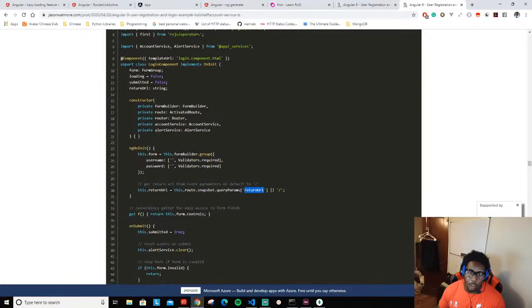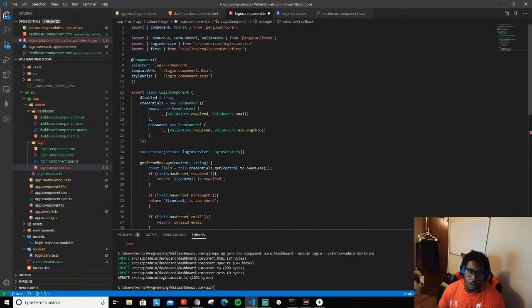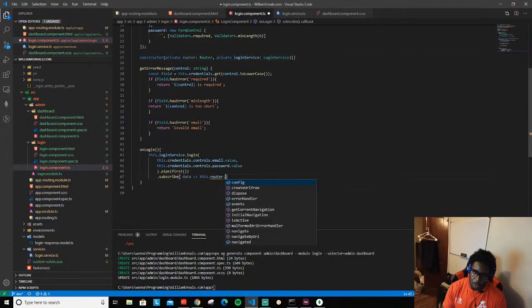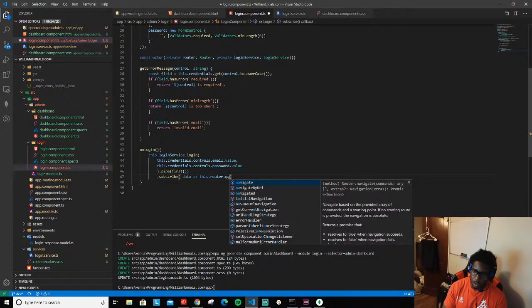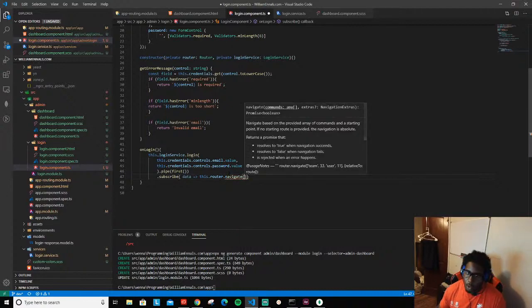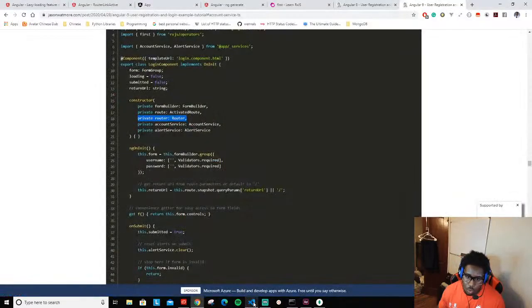And I wonder if they put it in the constructor. Yep. So let's put this in the constructor. And I'll put that first. Let's go ahead and import this thing. So say this dot router dot navigate, and here we want to navigate to